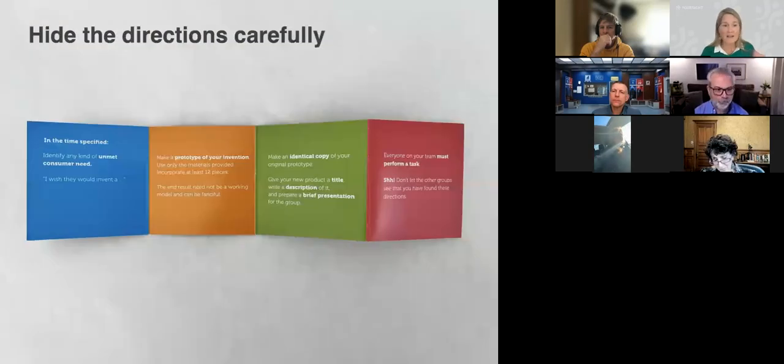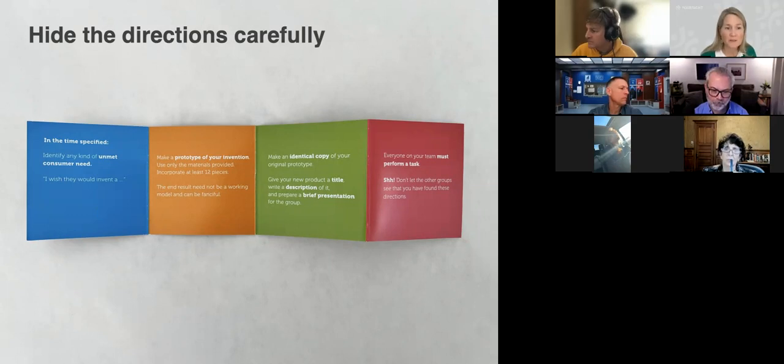So that said, here are those instructions, just so you remember. We're asking people in the time specified, usually between 10 and 12 minutes, something like that, 10, 15 minutes, to identify any kind of unmet consumer need, I wish they'd invent. Make a prototype of your invention using the materials provided, and then make an identical copy of it. We're asking them to give it a title, a description, and a brief presentation, and then everyone on the team must interact, and they're not allowed to tell. Those are all important components,